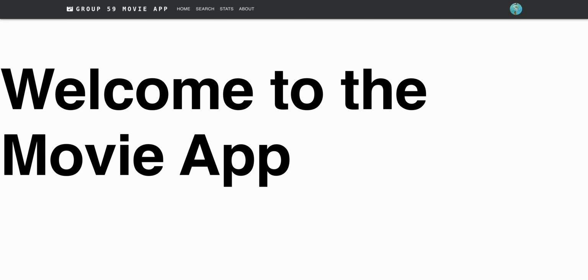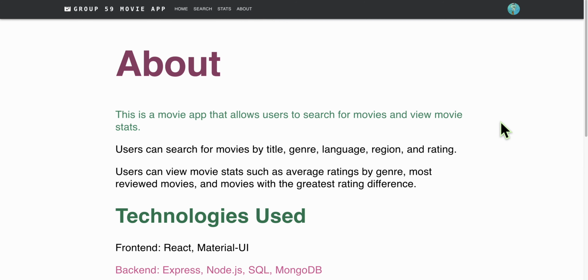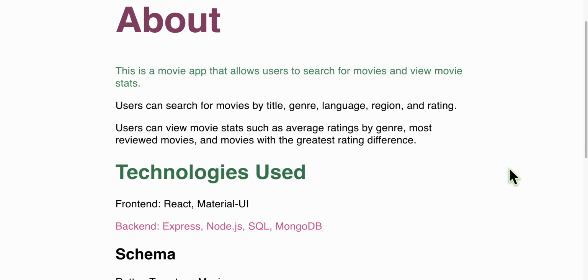I'll be walking through our application and explaining each page and its functionalities. We're currently on the home page. It displays a welcome message. If we go to the About page, it gives an introduction of what our application does, and it talks about